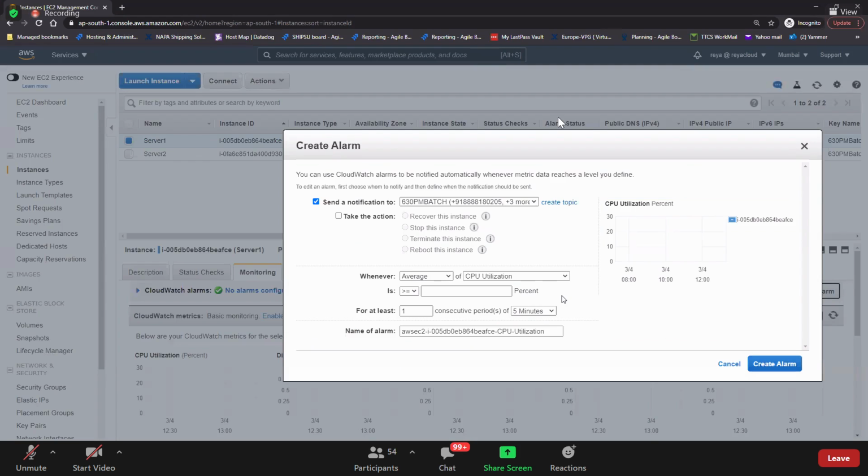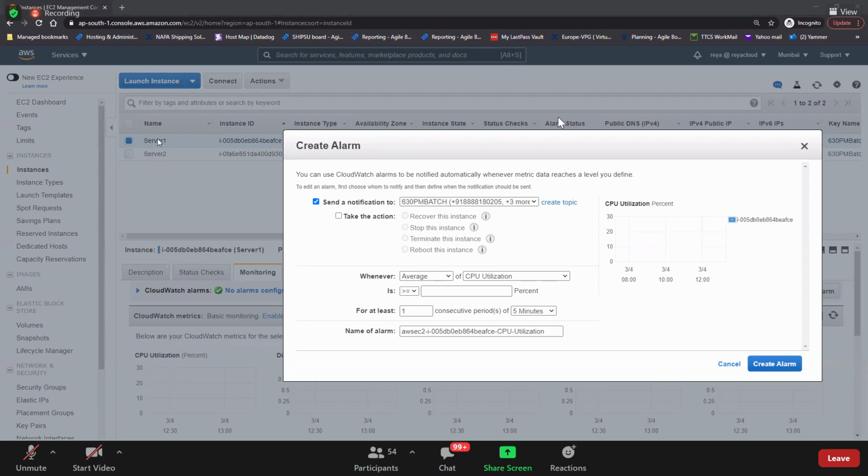So now you want to create the alarm. What is the requirement? My requirement would be like this. Guys, can you tell me here? I have just launched an EC2 instance. What would be the CPU utilization for that? Will it be high? Will it be maximum, or will it be minimum?